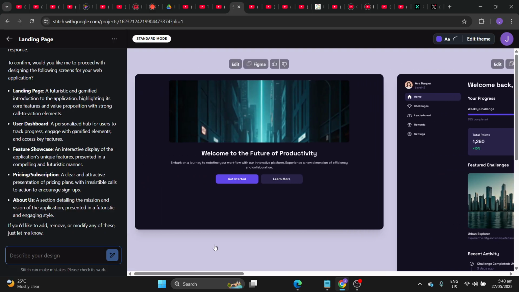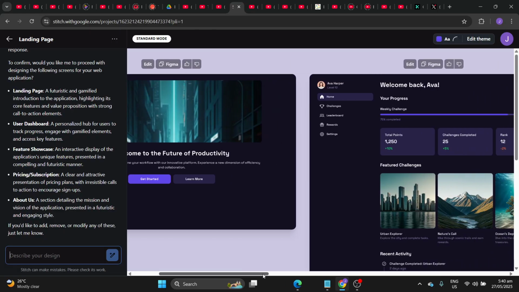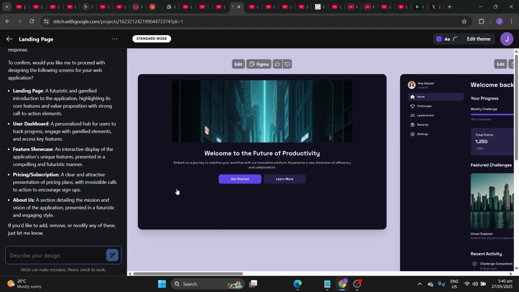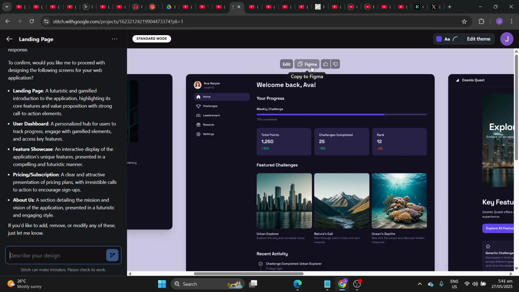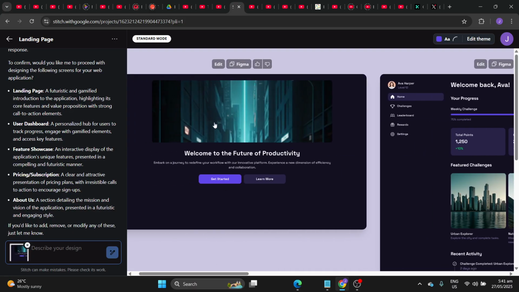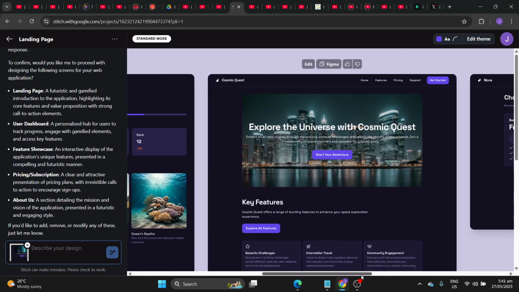Although not too advanced, I wouldn't regard this as a $1 billion app, because for the futuristic aspect, it didn't focus on the aesthetics, like making the design itself abstract. It focused on the imagery. Only the imagery is futuristic. Interesting stuff. You can copy to Figma. That's interesting. And edit, so you edit with an additional prompt. Looking good so far.